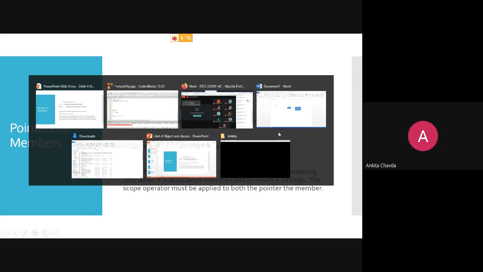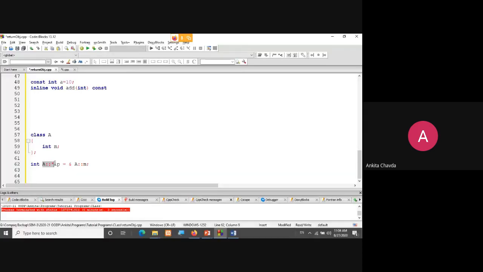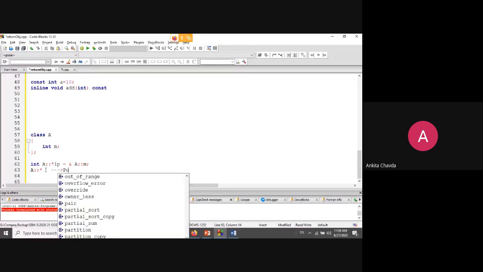What is this? A, then scope resolution operator and pointer. What is this? This is a pointer to a member of class A. And what is this?